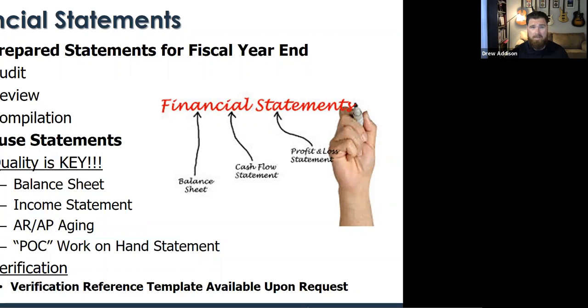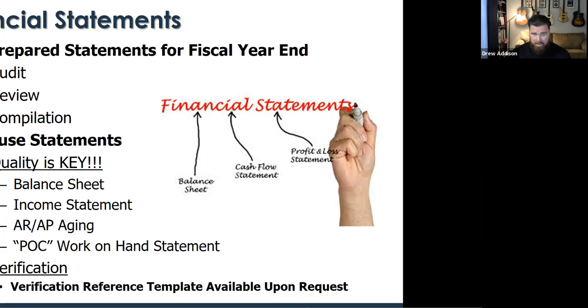So the financial statements, and I mentioned that Adam Schlepper is going to be presenting tomorrow morning. Their CPA statements are extremely important when it comes to surety, right? So there are three different types of statements, and Adam will go into more detail on that tomorrow. There's the audit, review, and compilation. Compilation is a good place to start. There's nothing wrong with it. But there are different levels of verification involved with these different types of statements.